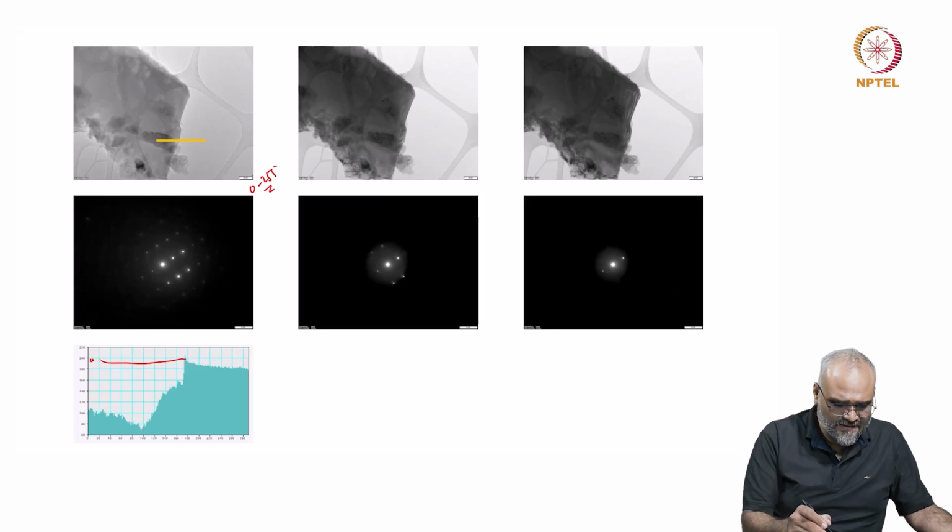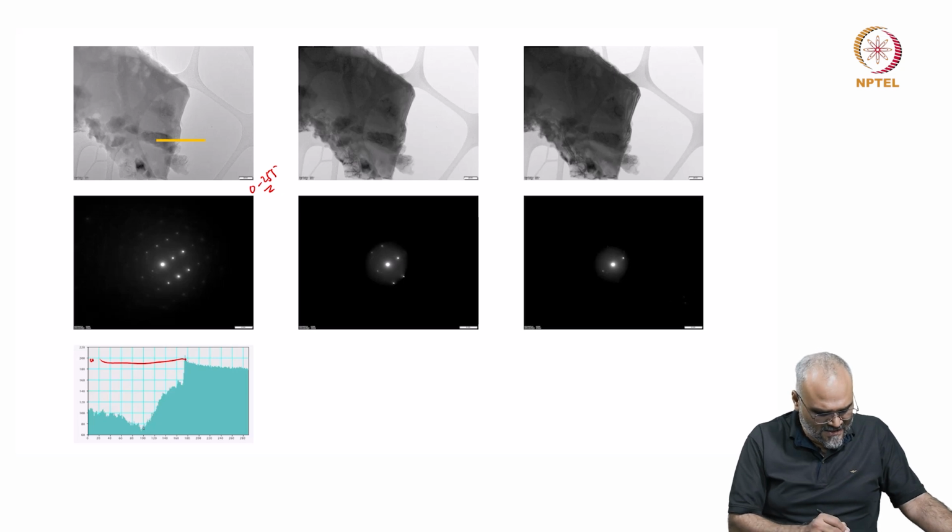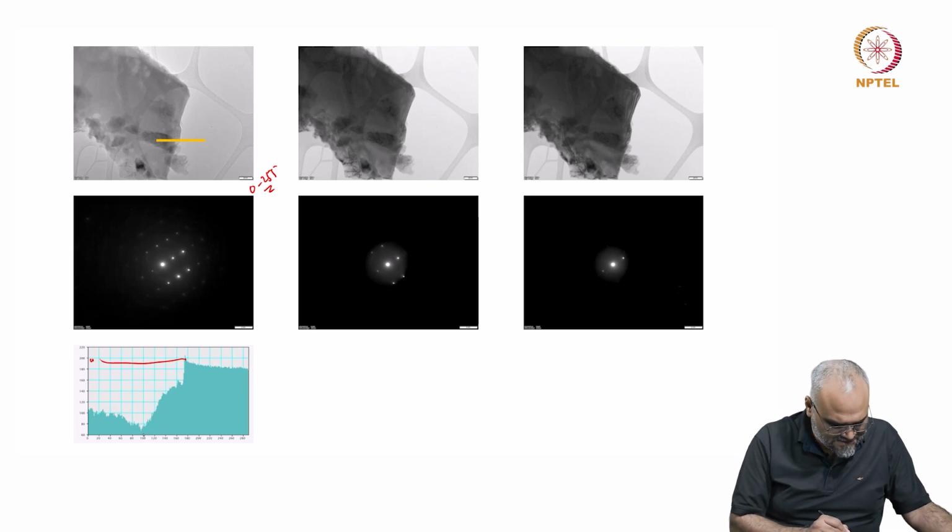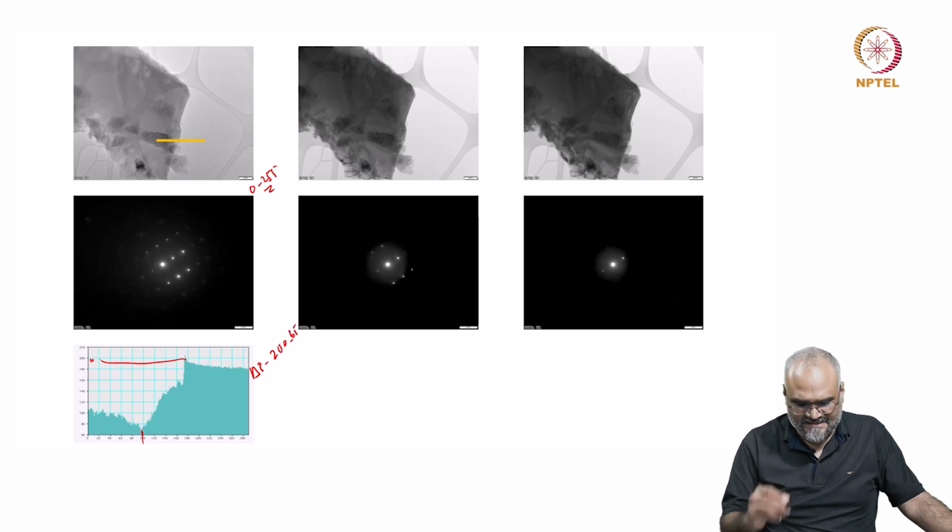So here the peak intensity is approximately 200 counts, and the lowest value here is somewhere like 65 counts. So let us say my delta I is 200 minus 65, and in the second configuration,